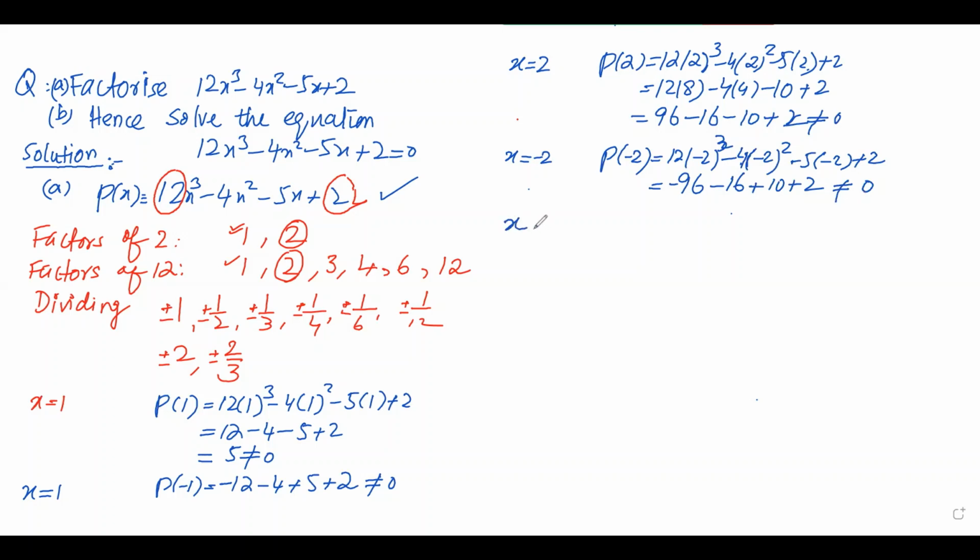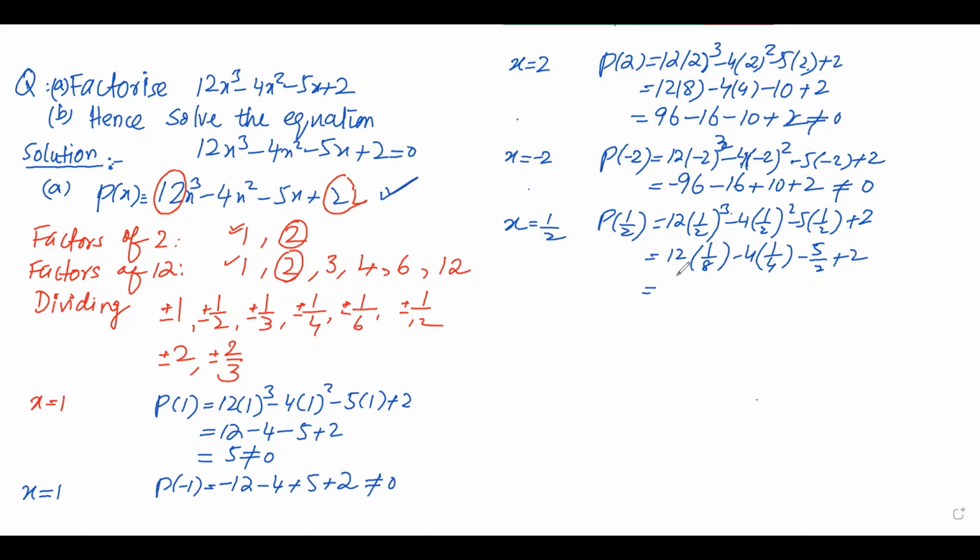So this is the trial and error method. Next, start with x equals 1 over 2. P(1/2) is equal to 12 into (1/2) raised to the power 3, minus 4 into (1/2) raised to the power 2, minus 5 into 1/2, plus 2, which is 12 into 1/8 minus 4 into 1/4 minus 5/2 plus 2, which is 4